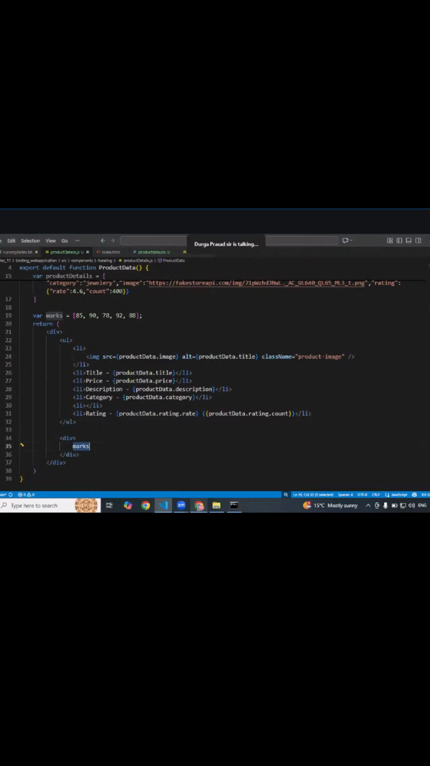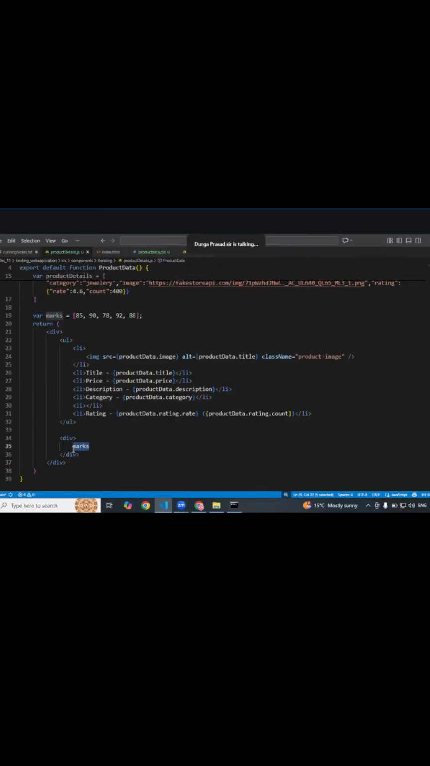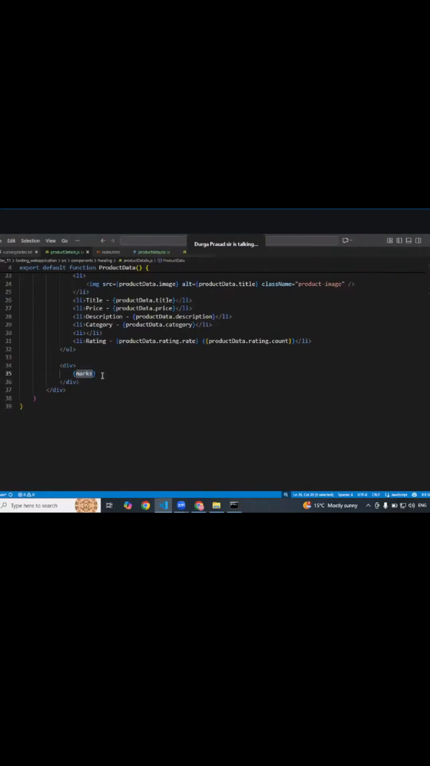Now when I'm saving this, come back, reload, you see marks is not coming. Why? The reason is it has to be an expression. Now when I say an expression, you see these are the values we have. But my expectation is I have to iterate to each and every value, then show each and every value in one individual div. For that, what I'm going to do is, I'm going to say something called,